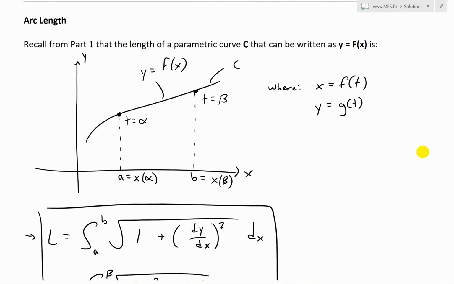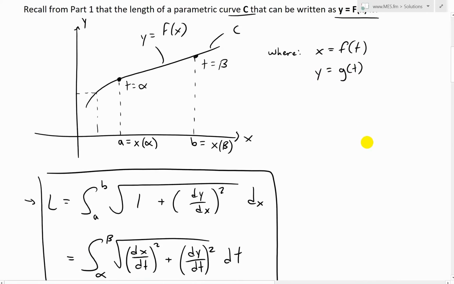So recall from part 1 that the length of a parametric curve C, the curve that can be written as y equals f of x. So if we could write it as a function, in other words, a one-to-one function like this, which is the same as my earlier video on arc length, but now if it's in parametric form where we can write x equals f of t and y equals g of t, such as this, then we could